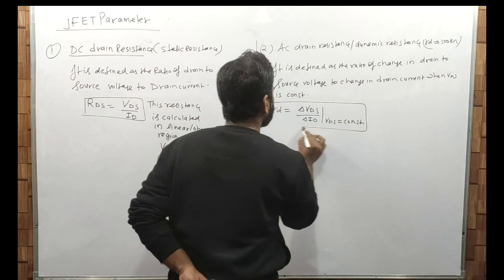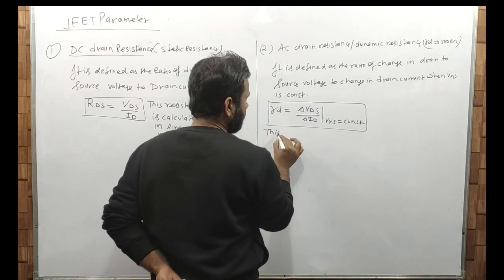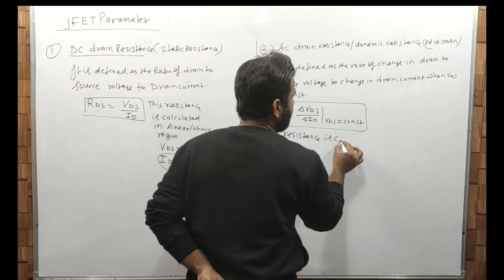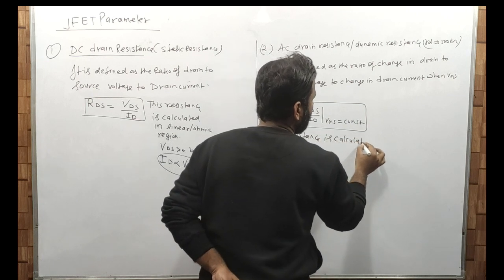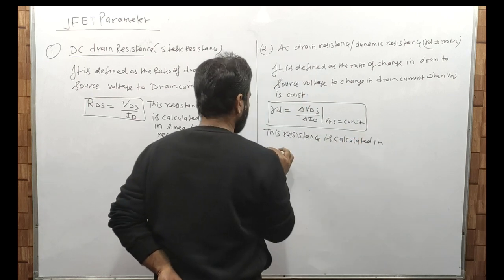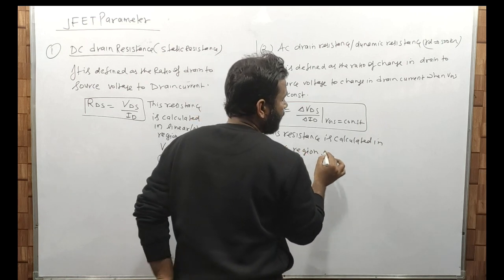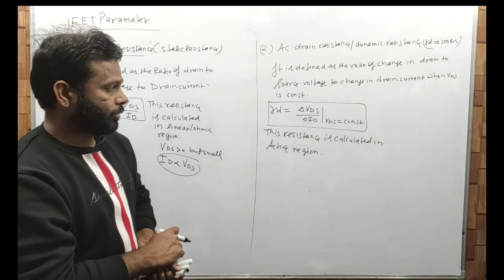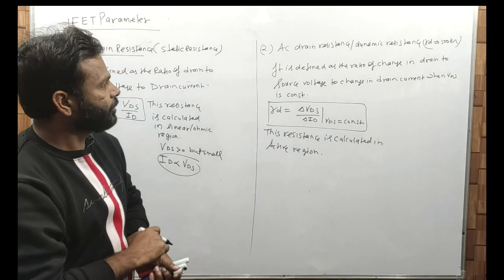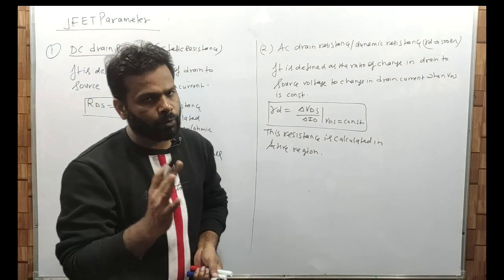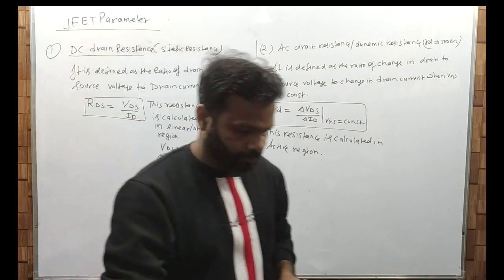Now this resistance is calculated in the active region, that is the region where the JFET works as a constant current source, clear है। That is also called the saturation region. So I hope दो जो पैरामीटर हैं आपको क्लियर हो गए होंगे। Now थर्ड और फोर्थ पैरामीटर देखते हैं।